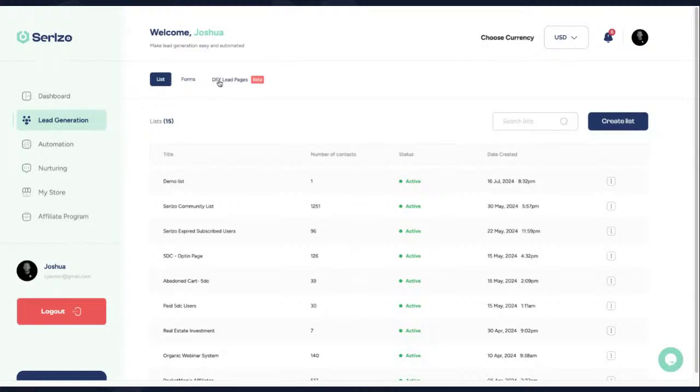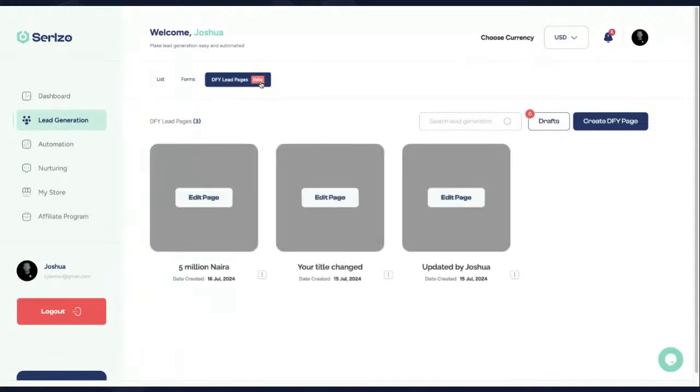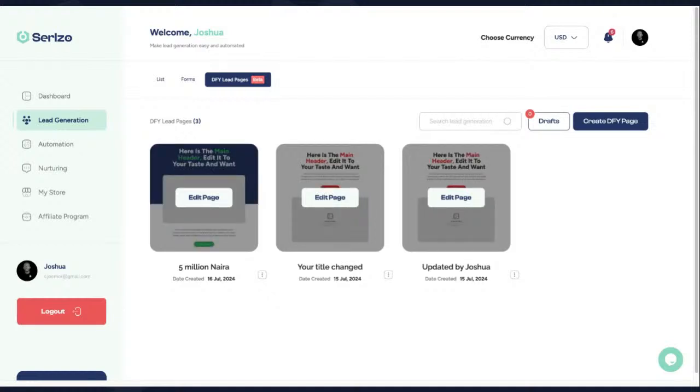So this feature right here called the DFI lead page, I'm going to click on it. You're currently seeing the beta icon there because this is the first time people are going to use it publicly, so we're going to monitor how people use it publicly. Now, when you click on the DFI page, what we did here was we picked out